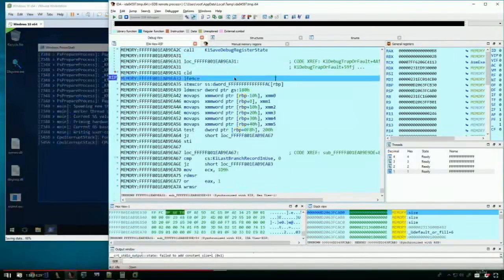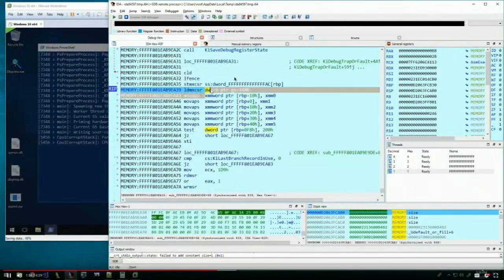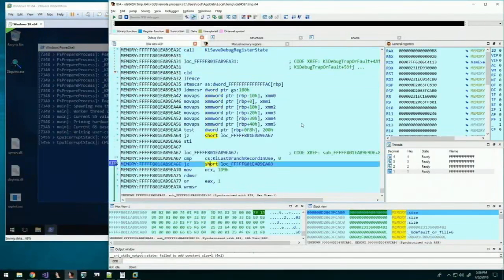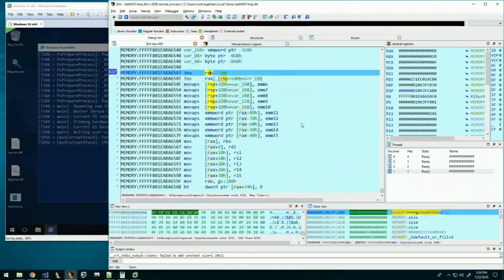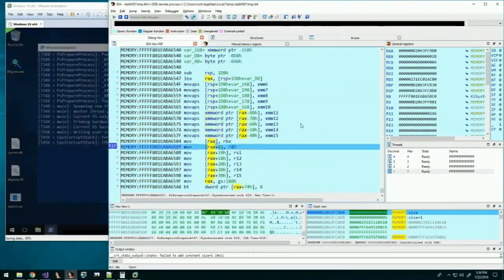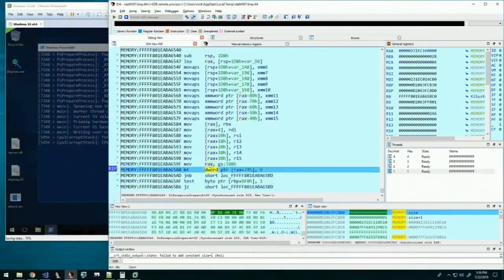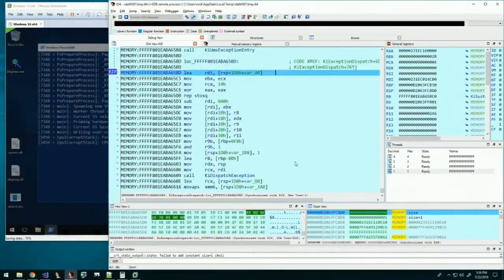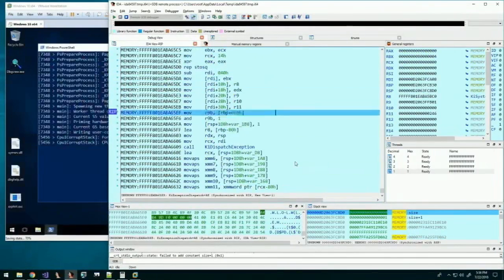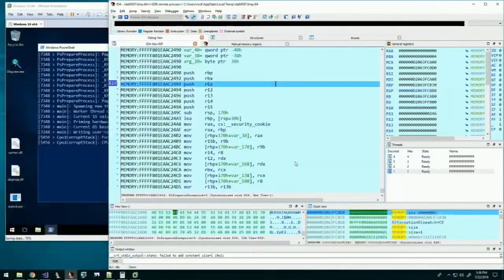So when we access this memory, this GS memory that we're touching all over the kernel, it has to be valid. And that's part of what our exploit does. Our exploit code has to set up this GS memory to be valid. And all of this is under our control. Everything that touches GS is directly under our control. Eventually, we get to the dispatching of the exception.